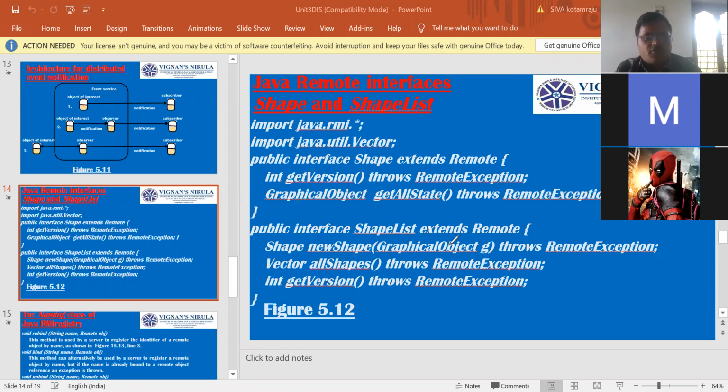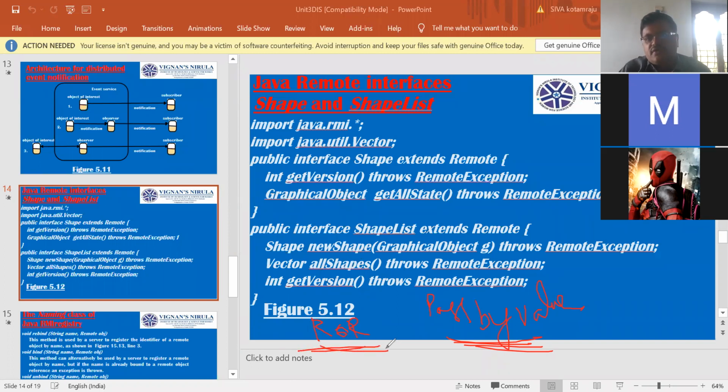And what about non-remote objects? How can we pass a non-remote object? All serializable non-remote objects are copied and passed by value. How do we pass remote objects? By ROR, a remote object reference.